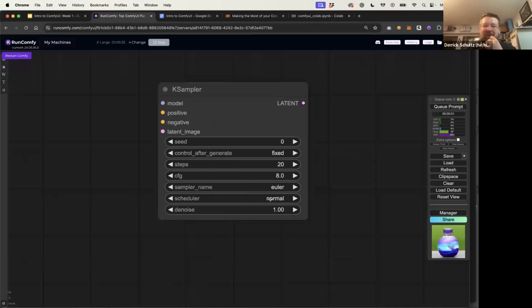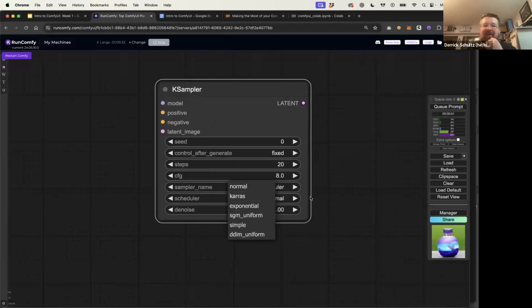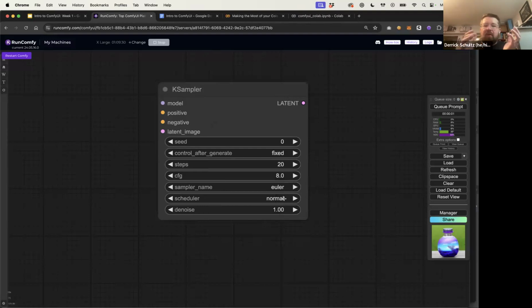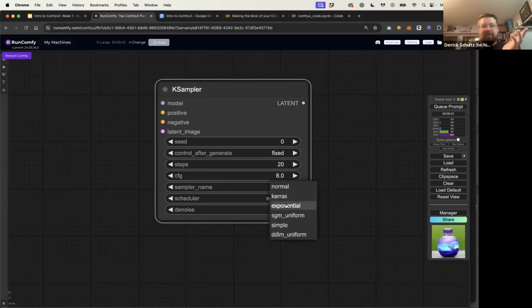Oh, there's also this thing called scheduler, which I didn't even make a slide for. Schedulers are, the normal is linear, right? So if you give it 20 steps, it's going to remove 5% of noise at every step. There's other ones that are exponential, which you can imagine are removing less noise at the earlier steps and then much more noise at the end steps. There's Karras, there's a couple other ones. There's even one you have to use for the LCM models, which are faster, but you have to use their scheduler for it to work. We'll cover that more when we get into LCM models, because we're going to use those for animations.